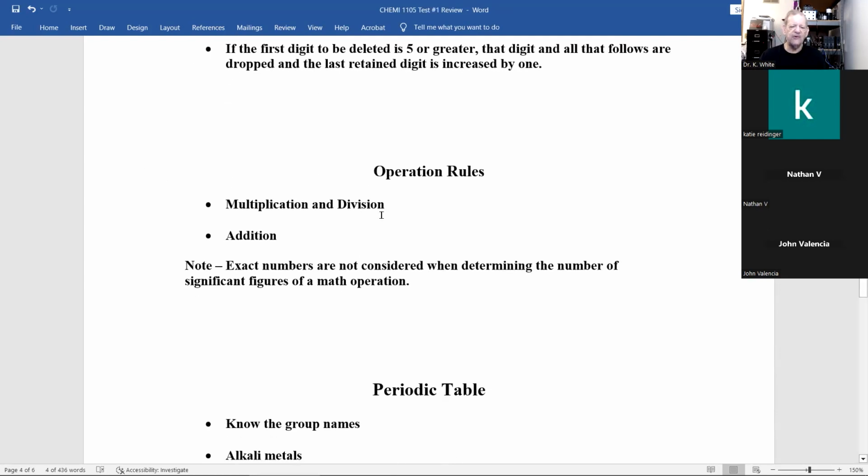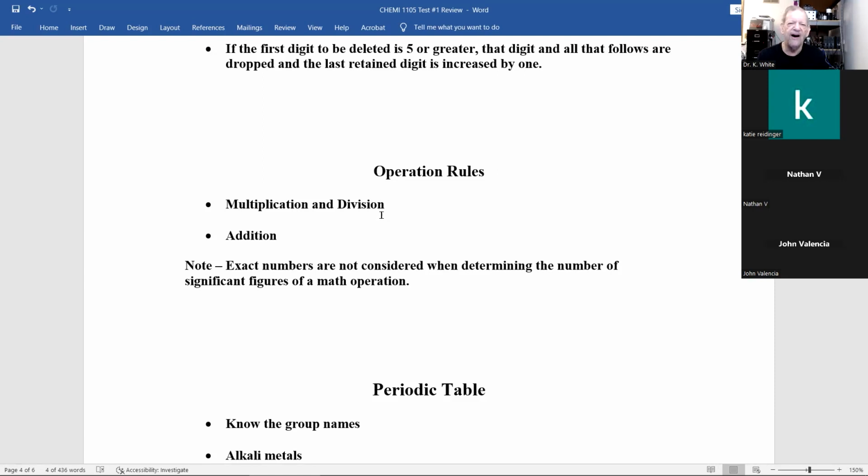Now, when it comes to rounding off, you use that when you do math with significant figures. And there's two types of math areas you will do in my class. And by the way, on test number 1, underneath your name, it will say, please use proper significant figures for all calculated answers. And if you don't, I'll take off 1 point. I'll say that again. On test 1 and also 2, 3, 4 and the final, it will say that, but that's down the road.